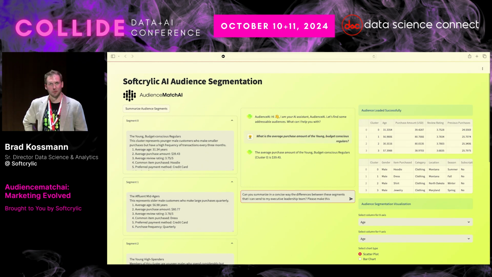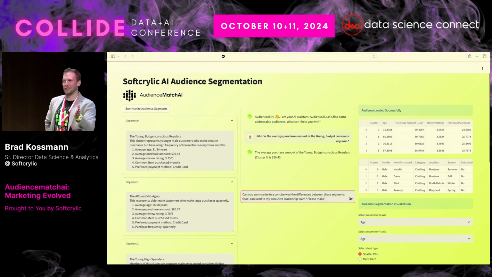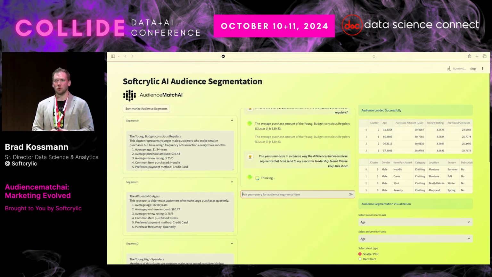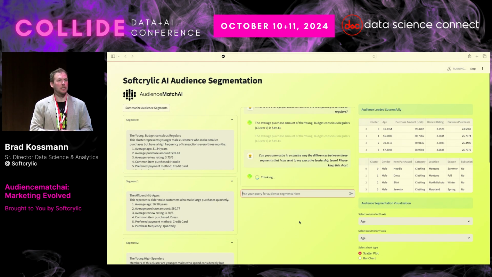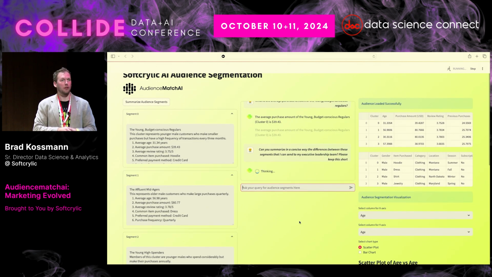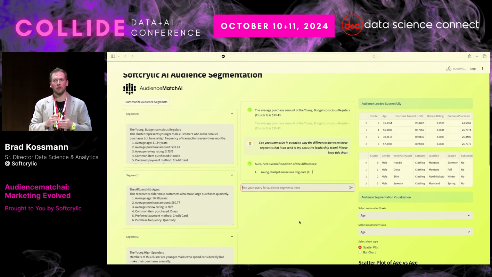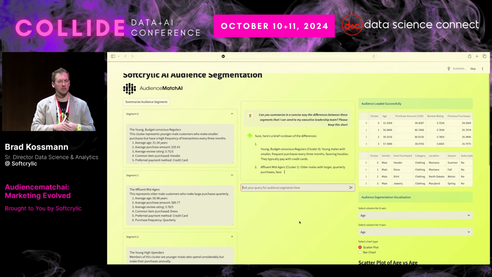Typically, everybody sits in a room and looks at a heat map and tries to discern which audience segments actually correspond with which personas. A lot of times a marketing organization will have psychographic profiles that they want to map onto more data-driven segmentation. Those can also be fed in here as well, and the Gen AI can actually associate a psychographic persona with the descriptive statistics based on transactional, digital behavior, all that.